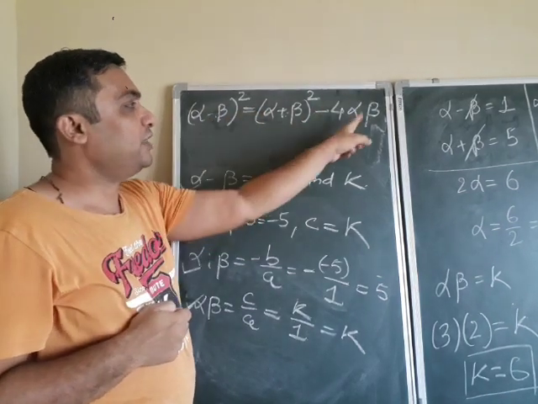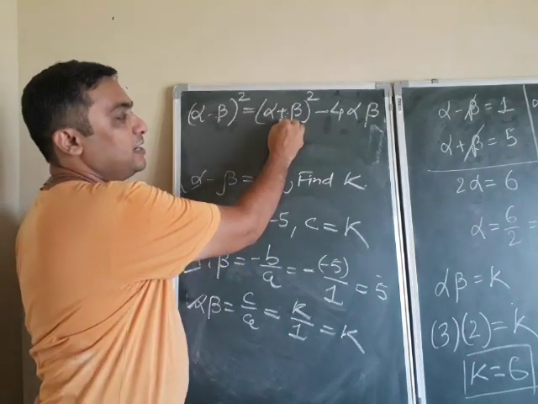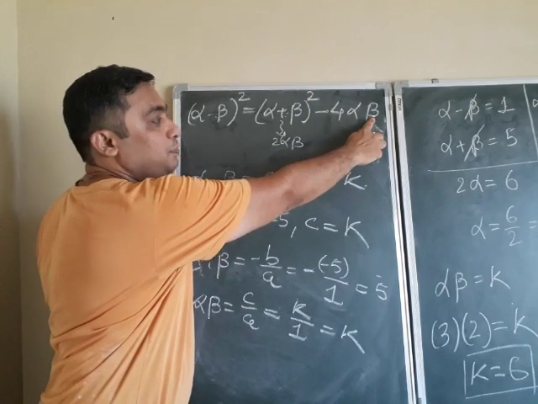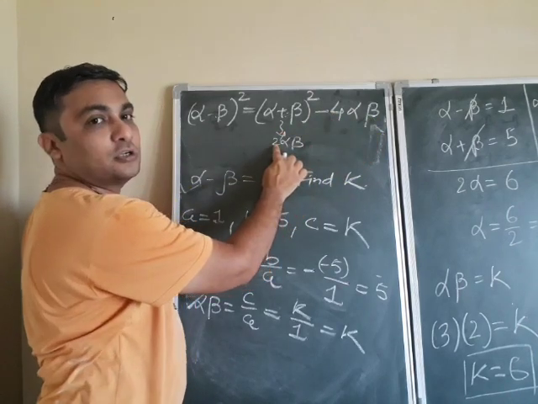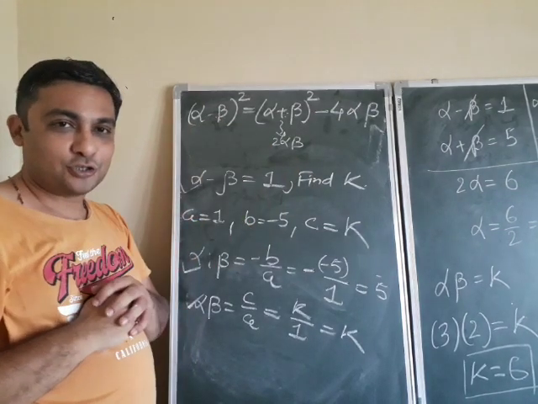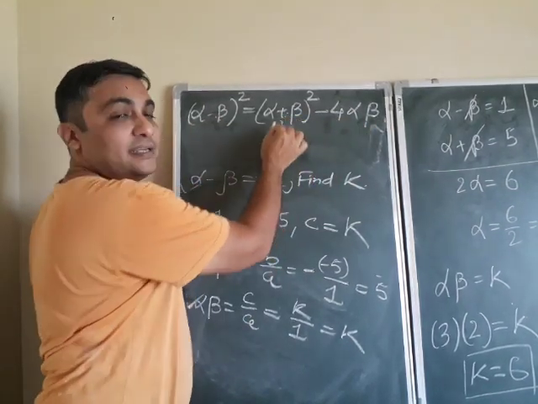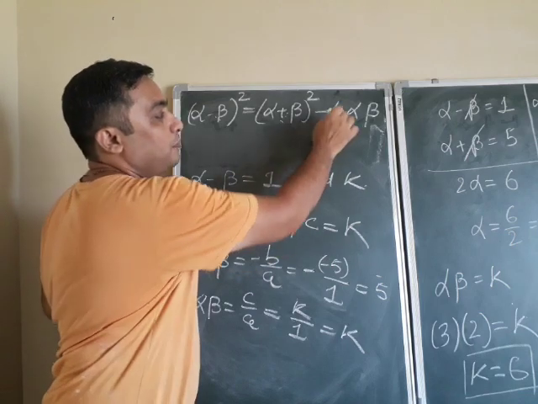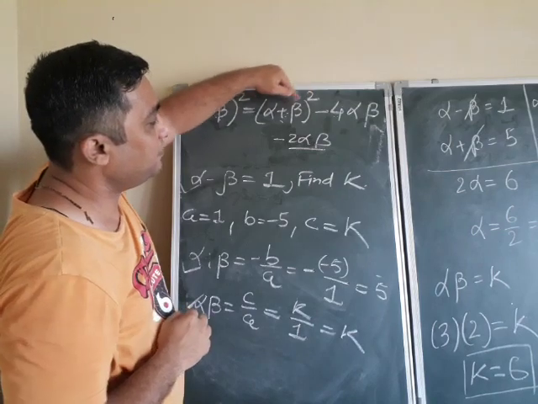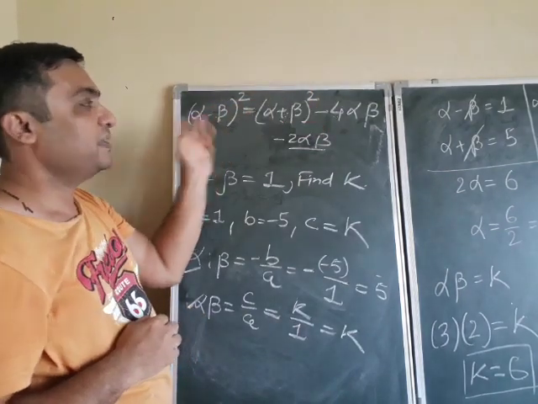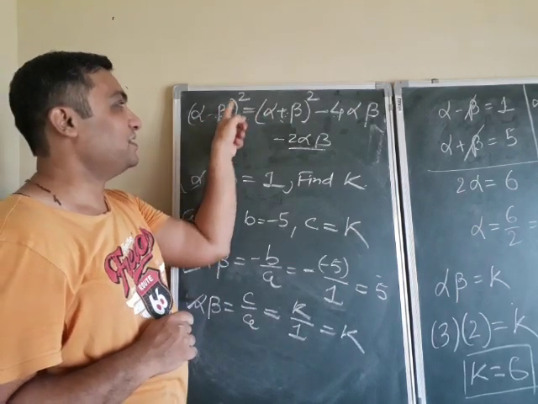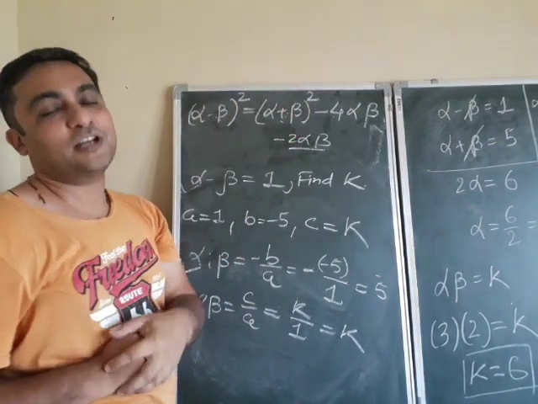So if I want to equate both, here the middle term is 2 alpha beta. And see, I am subtracting 4, so minus 4 plus 2 is equal to minus 2 alpha beta. It means it is this. Not understood? Minus 4, and here the middle term is plus 2 alpha beta, so minus 4 plus 2 means minus 2 alpha beta. So finally it is alpha square plus beta square minus 2 alpha beta. It means this. Not understood? So this is the relation between alpha minus beta whole square and alpha plus beta whole square.